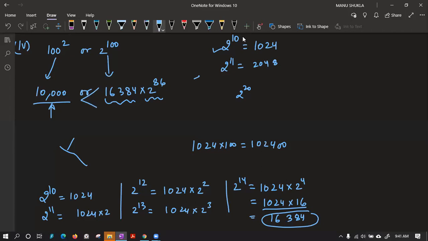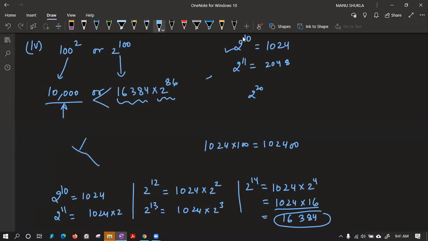I think now those who had doubts, it is clear. Yes, Daksh has got the answer in calculator, 1.26765 e power 30. So it is a very large number. We cannot find it by hand. If we had a full day, we could find it. So if you have nothing to do, you can find this power. Now got it. Okay. So we can show like this that this is the answer.